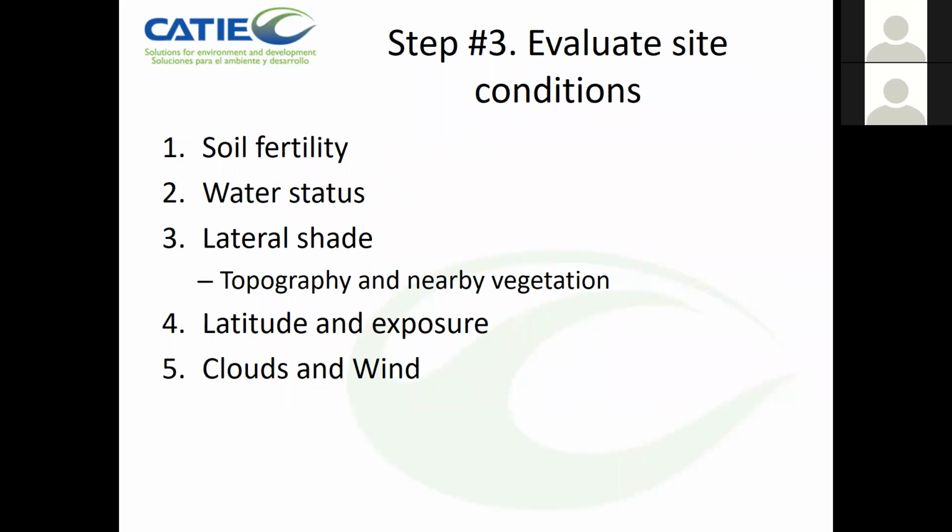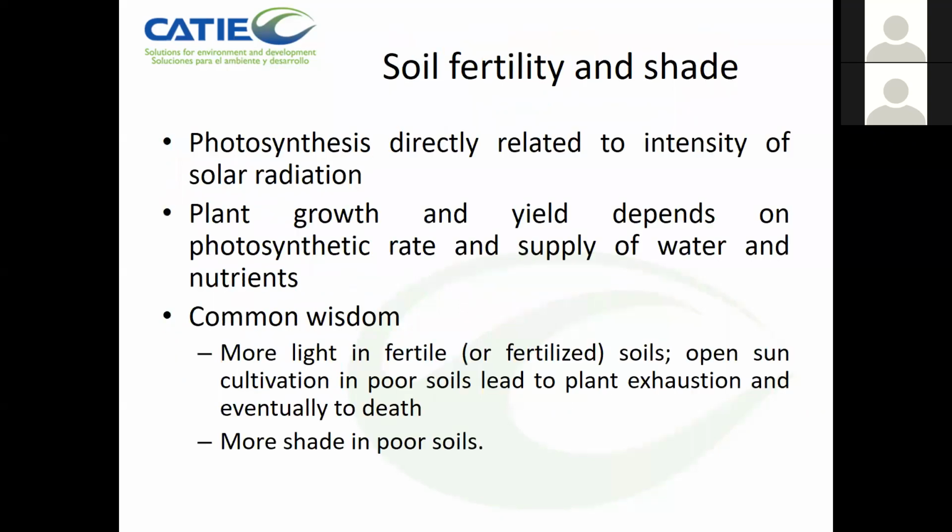Once you have finished looking at the crop itself, then you have to look around for the site conditions. There are a number of factors there that you have to evaluate. Fertility, the water level, if there's lateral shade, what is the latitude? How is the exposure? If I am on a slope in the terrain in the hills, is it cloudy? Are there winds? So you have to look at all these factors because they have direct implication on the decision